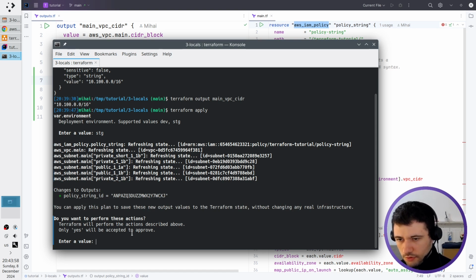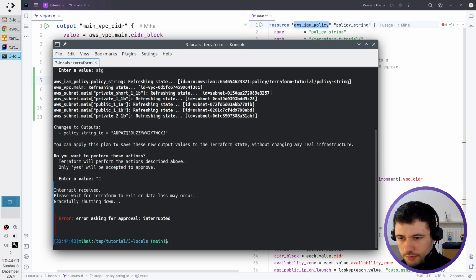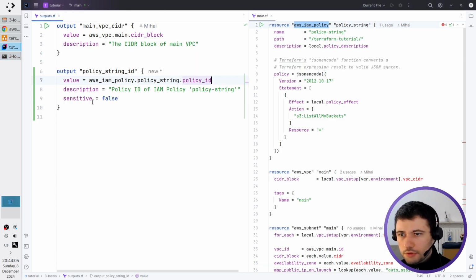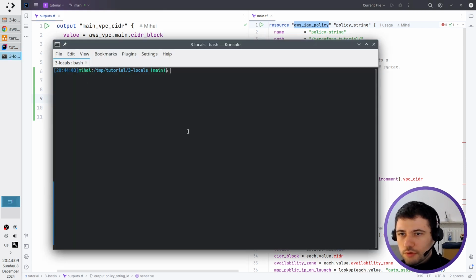How I do it? First, I press Ctrl+C to cancel Terraform. I clear the terminal. And you know how I will do it. I will just write here true. Now, if I run Terraform apply again,